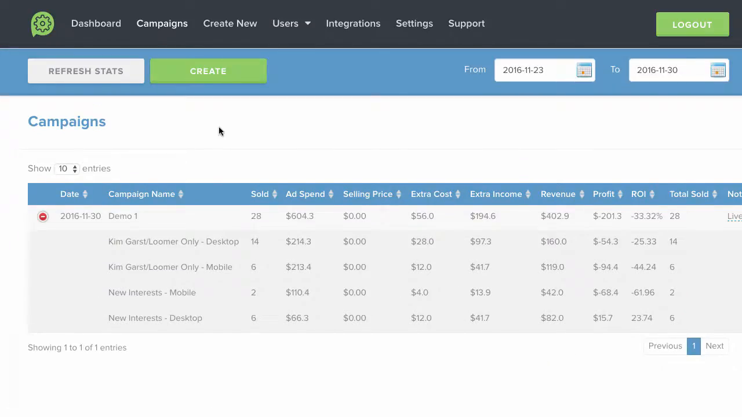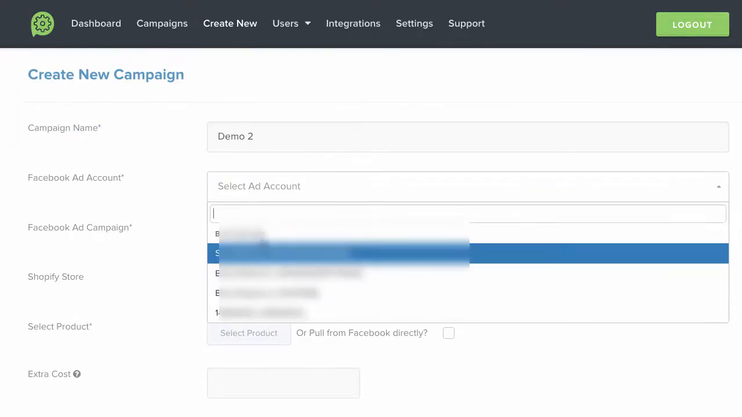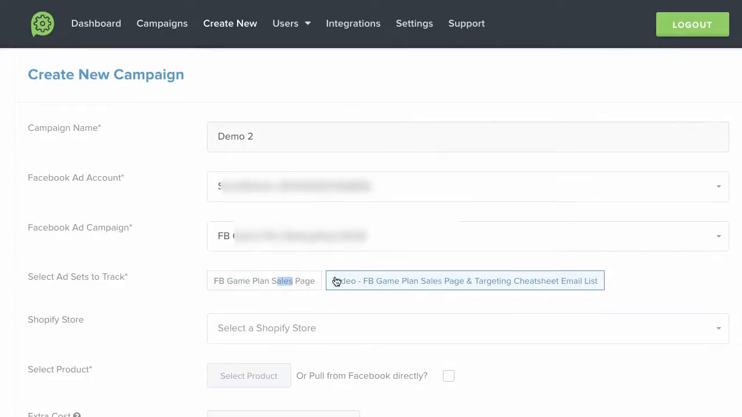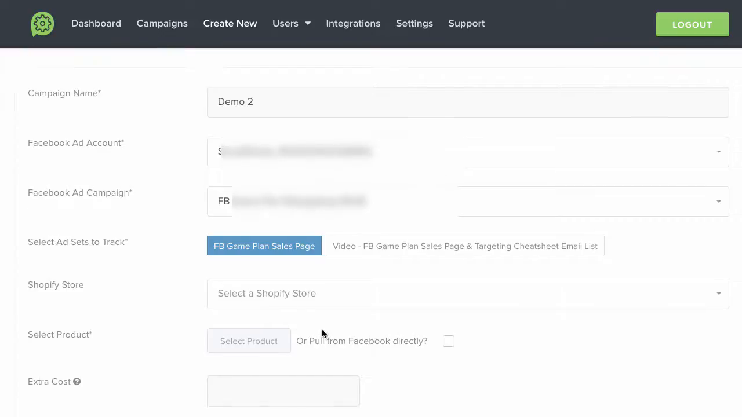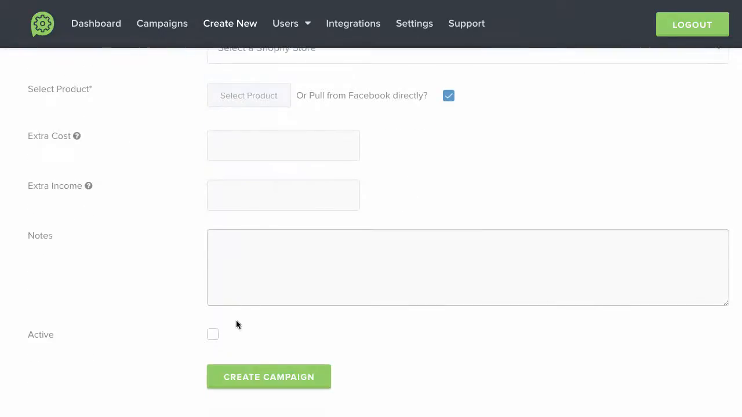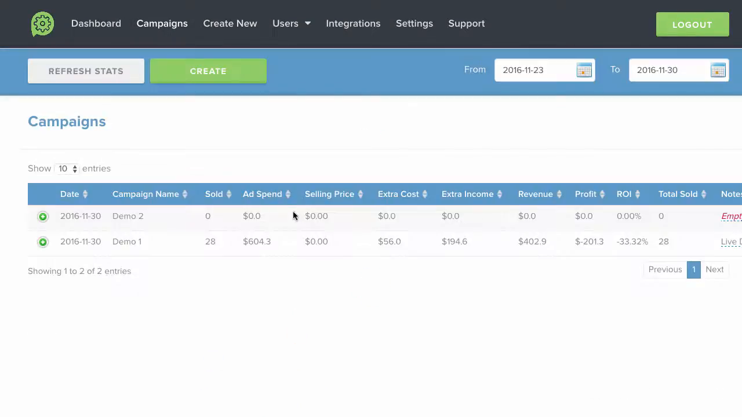Now, if I go ahead and I create a new campaign now, let's say demo 2, I'm going to select an ad account again. I'm going to select an ad set to track, and I'm going to pull directly from Facebook. There's going to be no extra costs. I'm going to make this active, click on create campaign. Now this is just to show you how quick it actually is once you go through the process of creating a new campaign. So as you can see, for the past week, this ad hasn't been active,